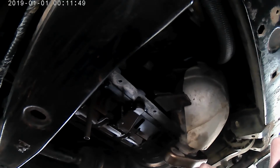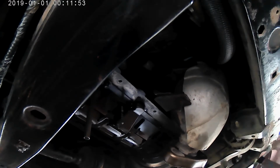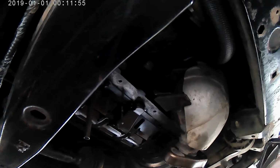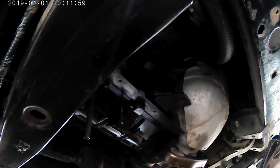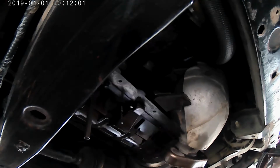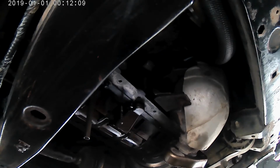And it's starting to rain, so I'm trying to hurry. I'm sorry that I'm speaking really quickly and not really getting in depth with anything right now. I'm just trying to quickly get that on there so that we can get this covered up and I can get out of the rain. Because after we get it bolted up, it's going to have to sit for 24 hours for that to